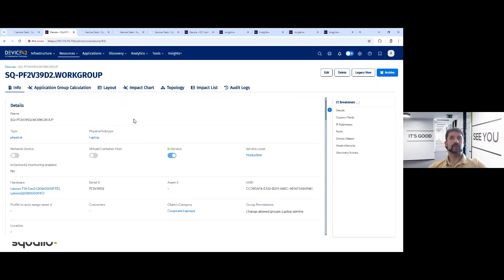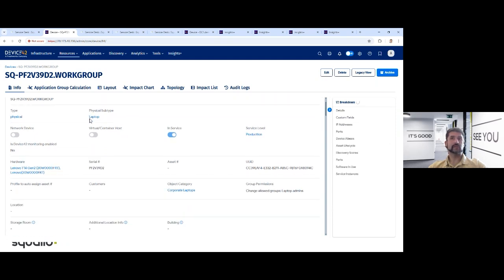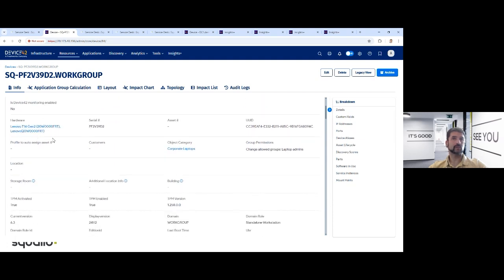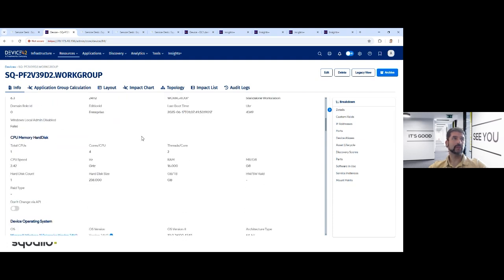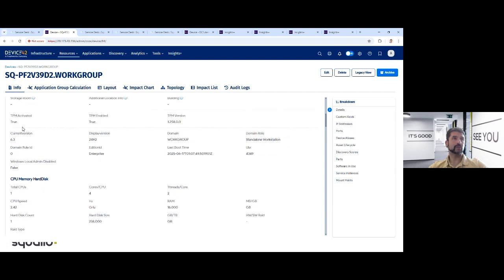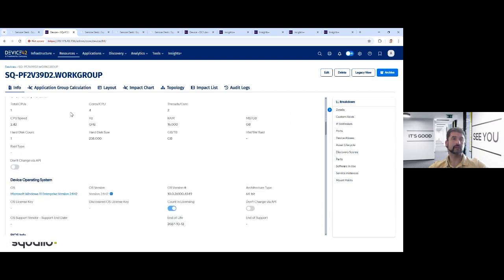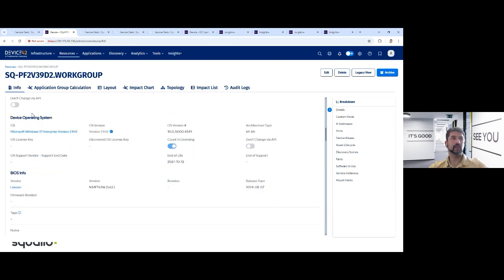So yeah, now we have the information about my device. This is my device record. So here are the different parts of the record, and I can have a look at my device. So here is the name, the type. This is the model, real ID, information about the CPU, like hardware configuration information about operating system, and you see